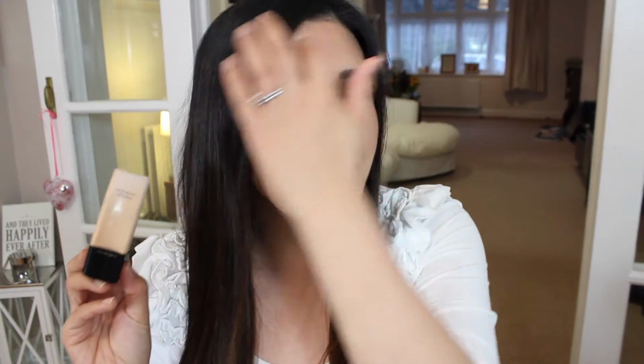And what I wanted to tell you about is Illamasqua's Skin Base Foundation, which I'm wearing today on my face. So I'll try and get up a bit closer. It's a really nice matte full coverage foundation. So if you're looking for something for an occasion where lots of photographs are going to be taken, maybe you're going on a night out, or to the races all day, something that's really durable, long lasting, full coverage and that photographs beautifully and actually even films beautifully, then definitely try out Illamasqua's